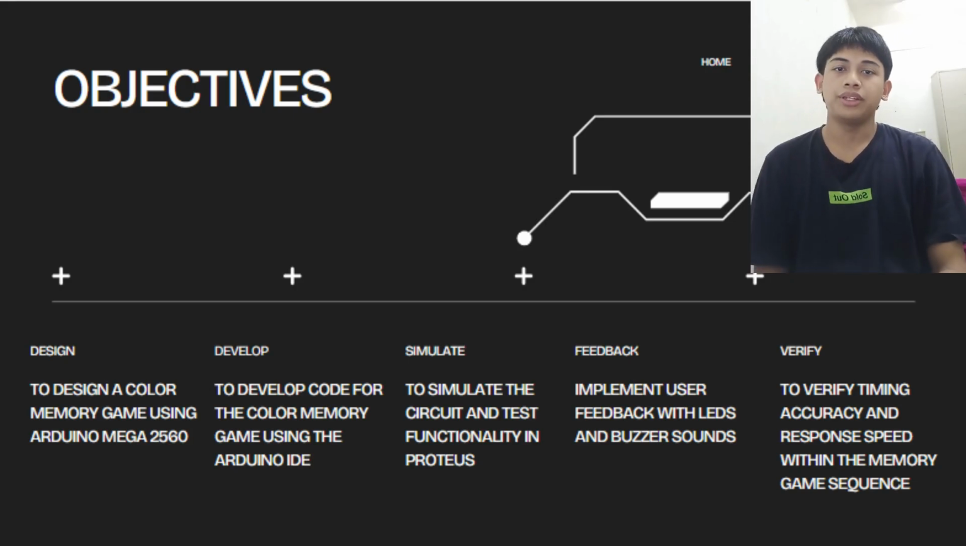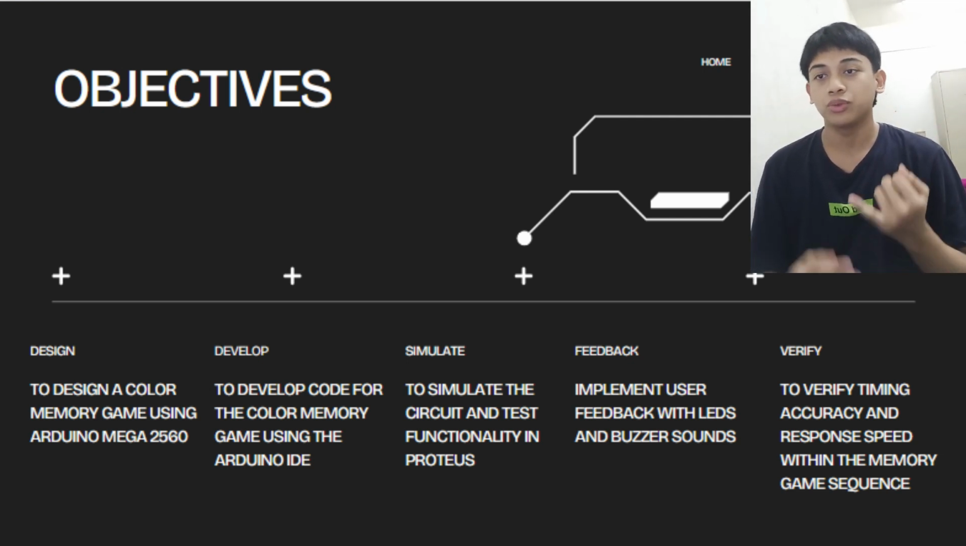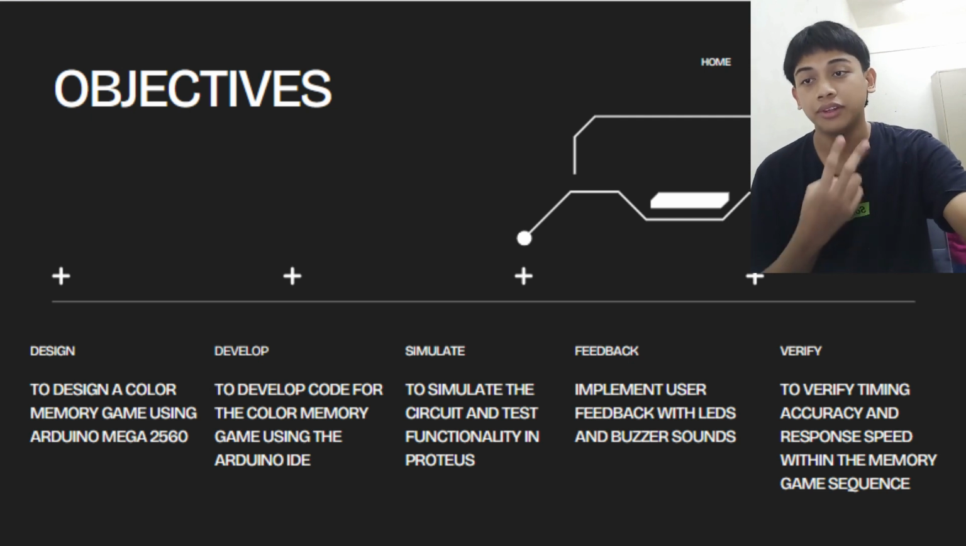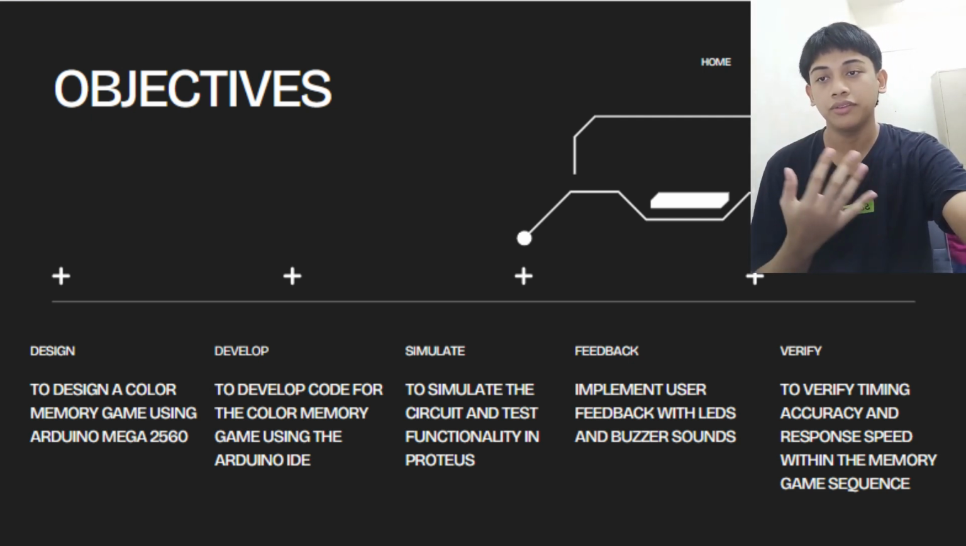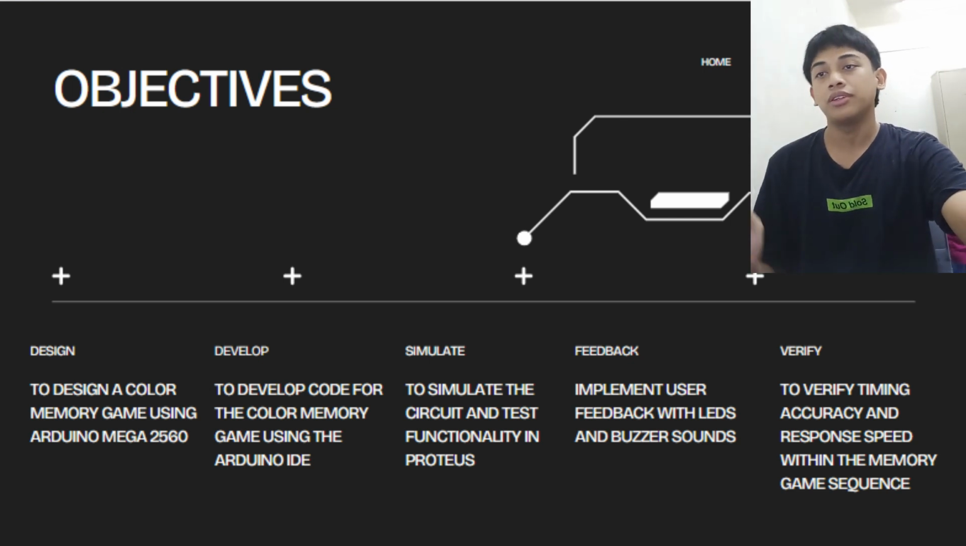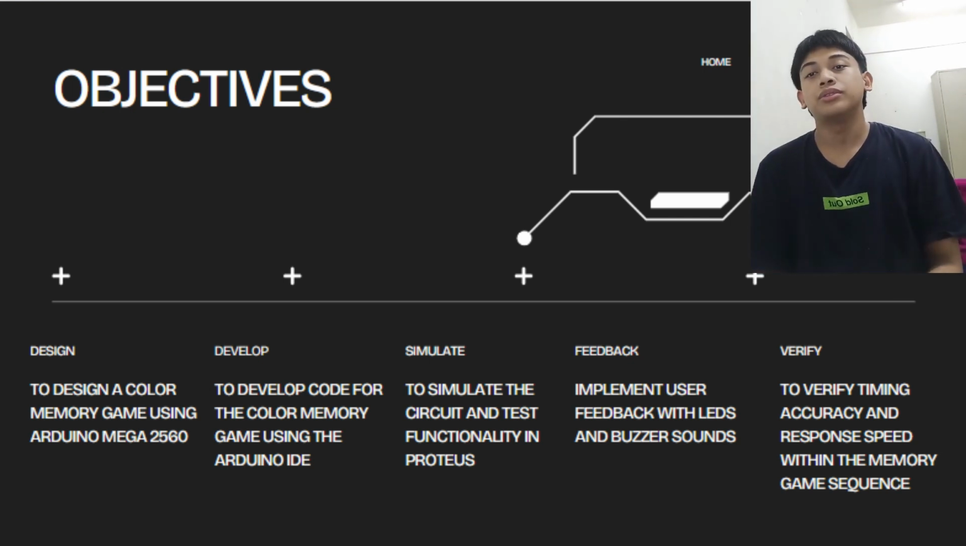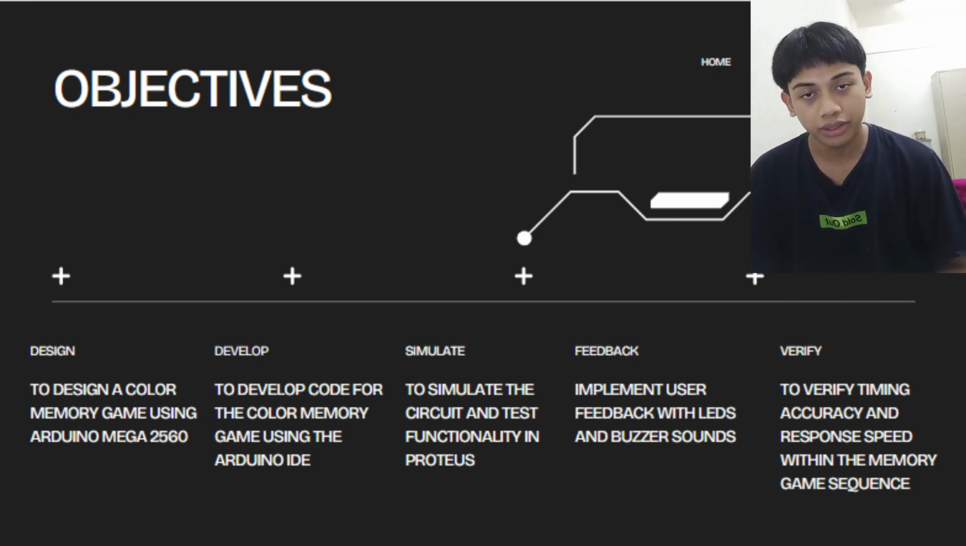Okay, I'll be explaining the objectives now. There will be 5 parts. The first one is design, second one is develop, third is to simulate, fourth is the feedback, the fifth is to verify. Okay, the first objective is to design a color memory game using an Arduino Mega